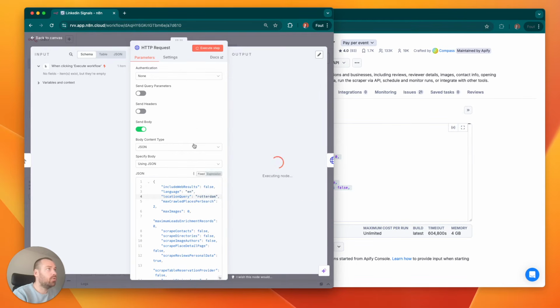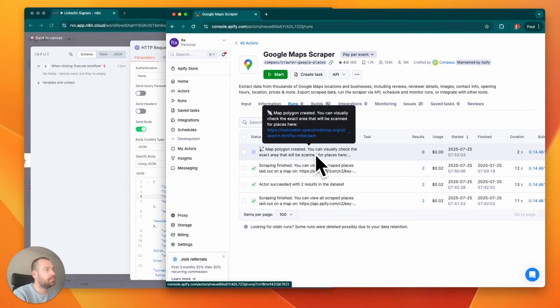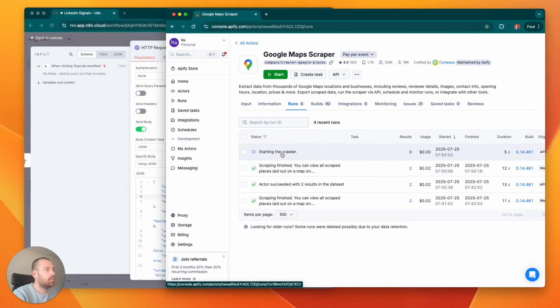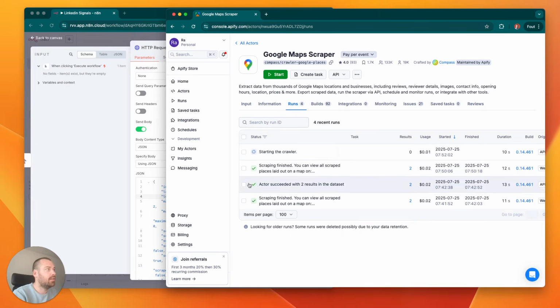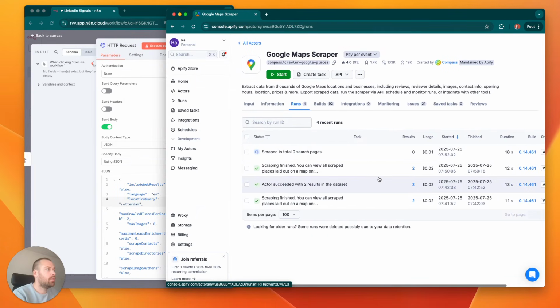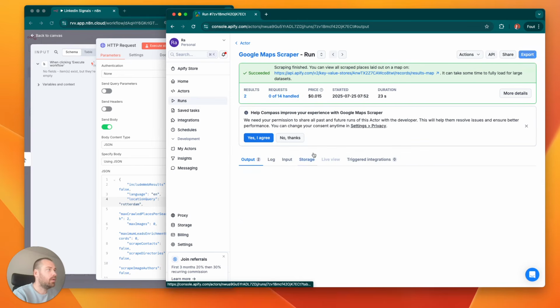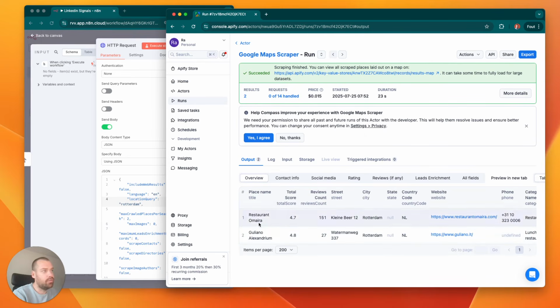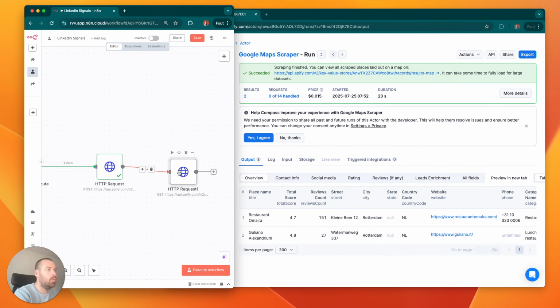If we run it, you will see that it's going to start a scrape over here. This is the scrape we started from our n8n. Just wait a second and see what it's going to scrape. It takes some time, finishing up. And if we see that it's going, let's have 2 restaurants in Rotterdam. But what we need to do now, because it has only run the actor, is